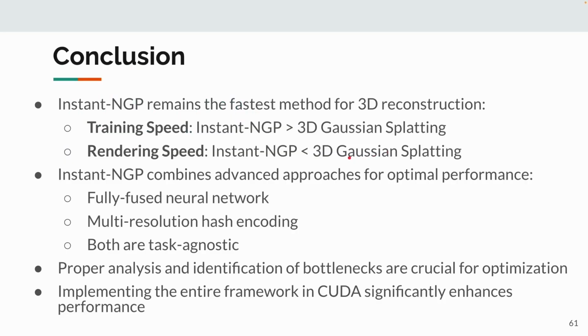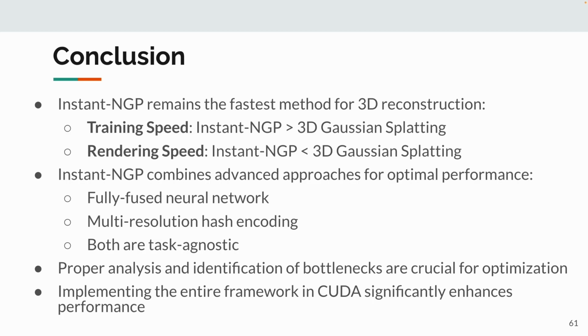Lastly, here is our conclusion. First, Instant-NGP remains the fastest method for 3D reconstruction. Although the rendering time is slower than 3D GS, the training time is still way faster than 3D GS. Second, Instant-NGP combines advanced approaches for optimal performance, including a fully fused neural network and multi-resolution hash encoding. And most importantly, both of them are task agnostic, as they can be effectively applied to different tasks like GIA, SDF,